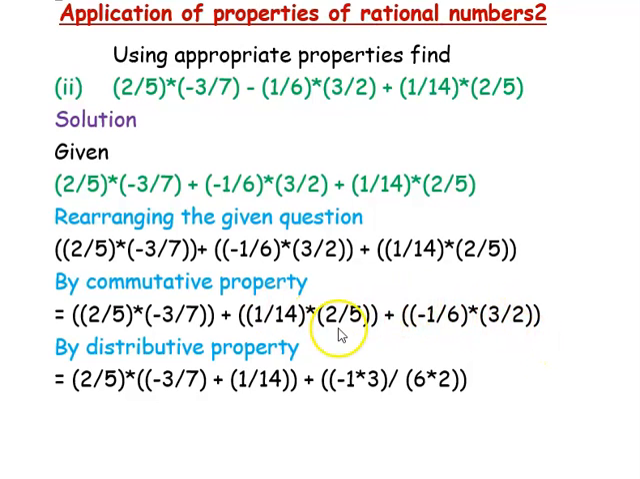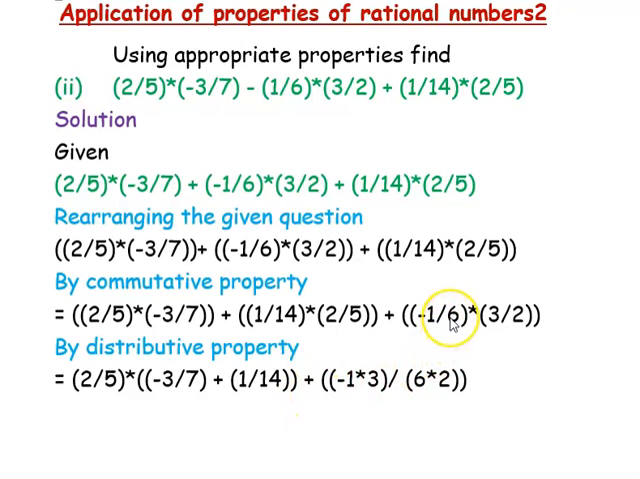Next for this we are going to apply the distributive property. Here 2/5 is common in the first term and second term. So we are considering it as a × b + a × c, where a, 2/5, is common, which is nothing but a × (b + c). We are going to write it. So 2/5 × (−3/7 + 1/14) plus